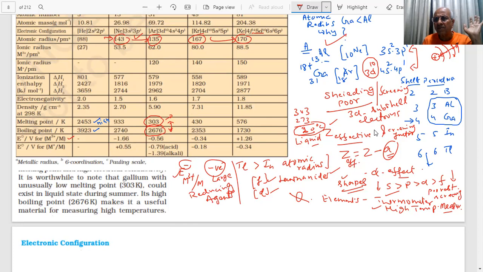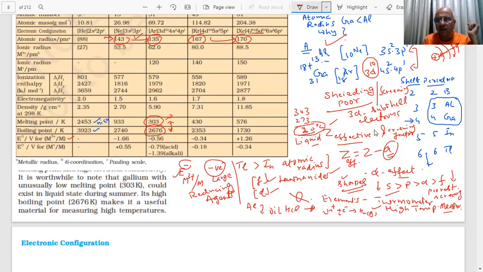Oxidizing agent, reducing agent, hydrogen will be liberated or not, student. What will aluminum do, student? If you put aluminum in dilute HCl, what will happen? Will the H2 gas be liberated or not? Fast, 30 seconds. It will be liberated. What is happening? H plus and electron give, okay, hydrogen gas.